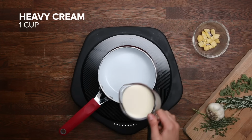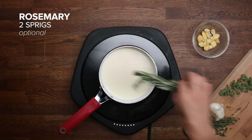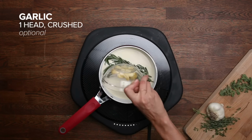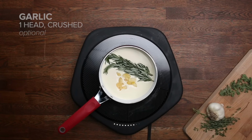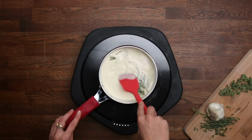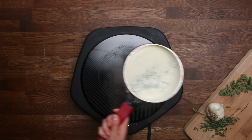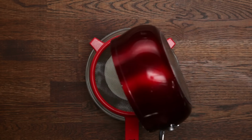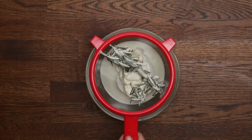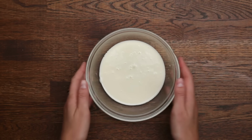Add your heavy cream to a small saucepan over medium-high heat. This is also the moment when you can enhance the flavor of your mashed potatoes. We're gonna add some rosemary sprigs and garlic, but you can get creative with other herbs and ingredients as well. Bring the heavy cream mixture to a simmer. Once it's simmering for a few minutes and that cream is getting really infused with flavor, you're gonna strain out the garlic and the rosemary through a sieve, and then add just the cream to the potatoes little by little